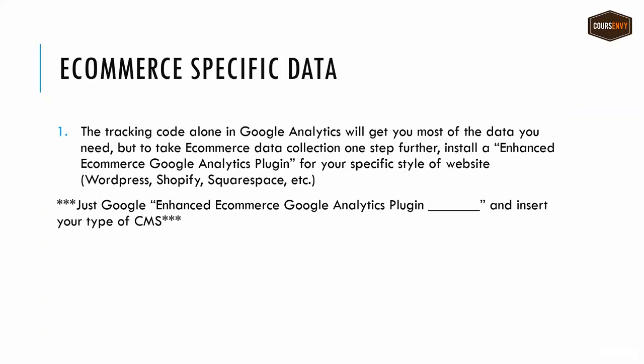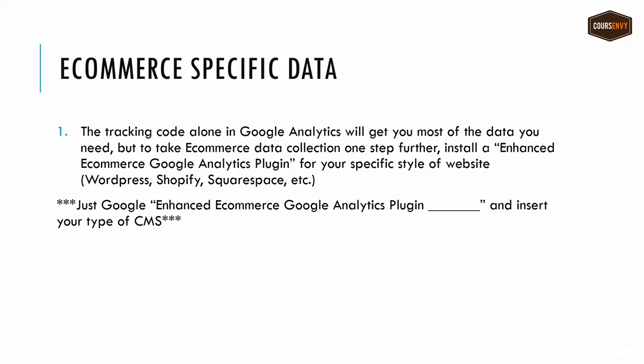The first way I collect e-commerce specific data is this tracking code. The tracking code alone in Google Analytics will get you most of the data you need. But to take e-commerce data collection one step further, you'll want to install an enhanced e-commerce Google Analytics plugin for your specific style of website. If you're an advanced developer, you can use something called Google Tags, but there are so many easy plugins out there anymore that really simplify this process. So simply search Google for an enhanced e-commerce Google Analytics plugin and then just insert your type of CMS, whether it's WordPress, Shopify,